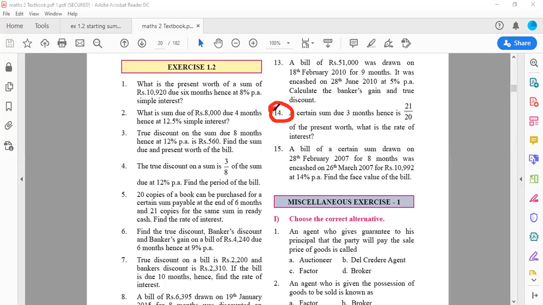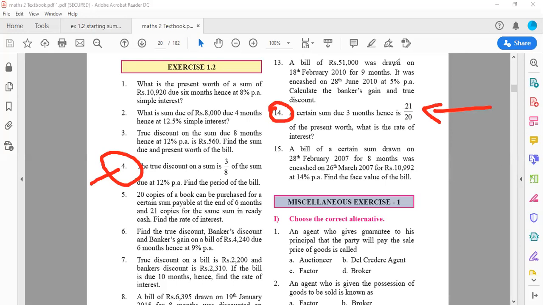Sum number 14 is the same as sum number 4. So in order to see whether you have followed sum number 4, you all can practice the 14th sum. First you all practice and then check the solution. Solution I'm sending in this particular video. I'll send the PDF of these sums. But for your practice, I need you all to first practice and then refer to sum number 14.